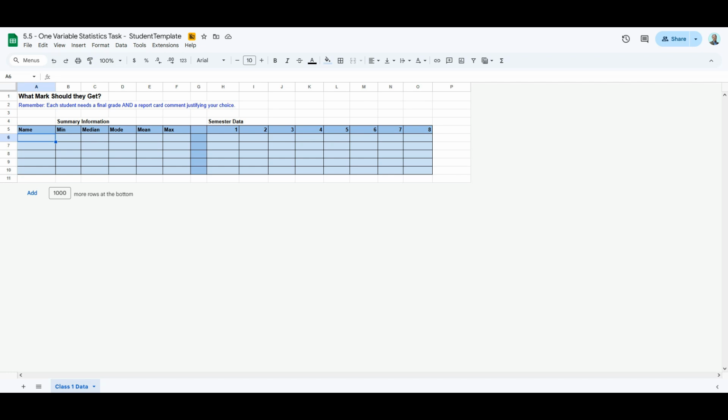mode of the data. Once you're done that, you're going to make an assessment as to what mark a student should be assigned, min, max, median, or mode, and then you'll make a justification as to why you chose that particular measure of central tendency to represent the student's mark. This is what your teachers do every time they have to come up with a final mark for your report